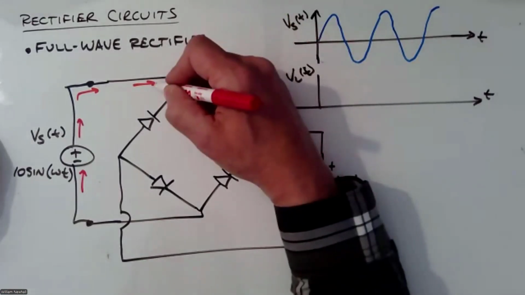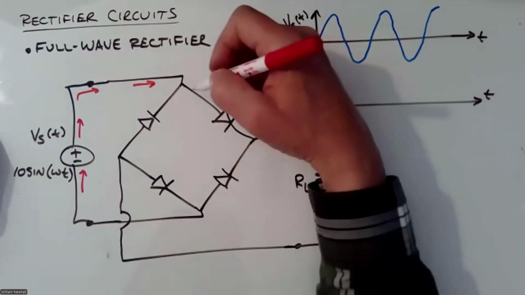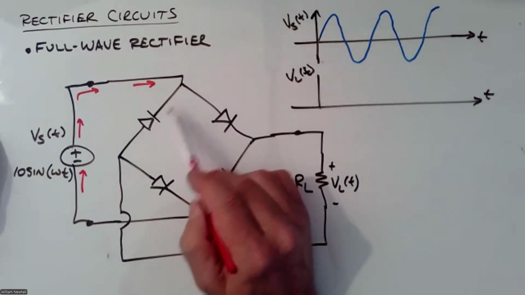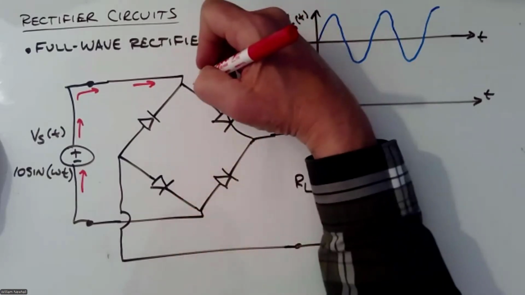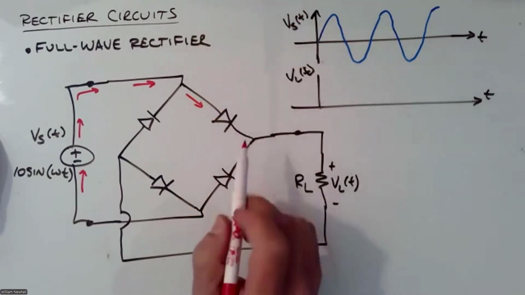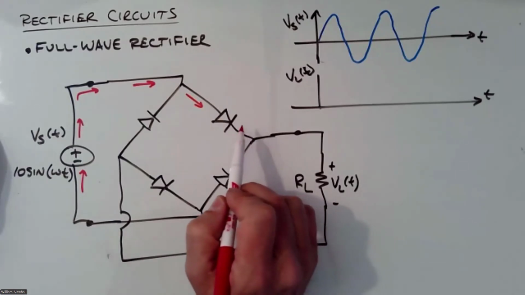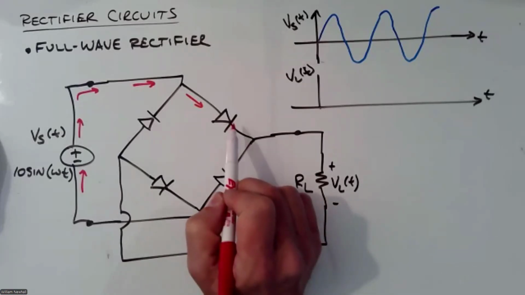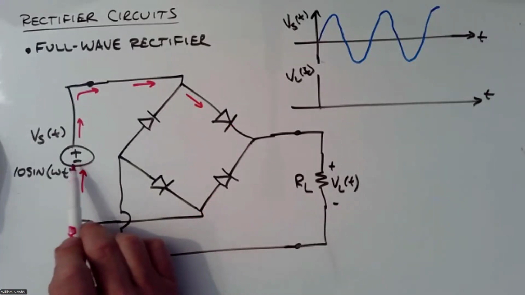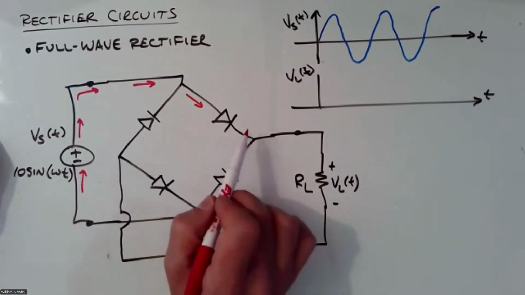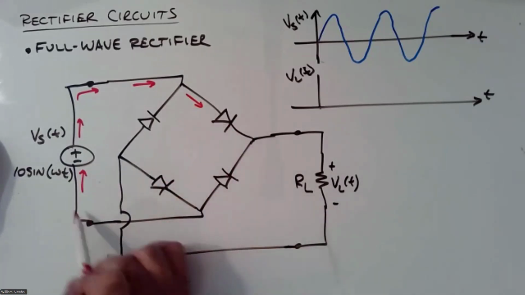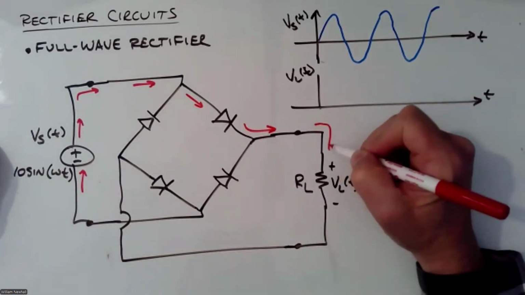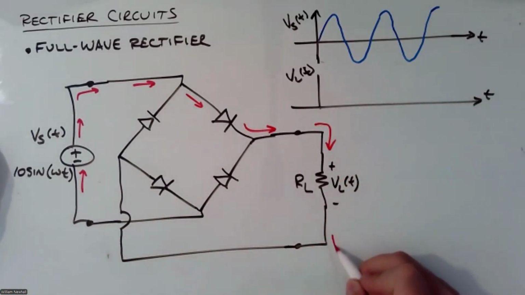Current gets to this junction here, and it cannot flow backward in the reverse direction through this diode, but it can flow forward through this diode, right? Gets to this point, it cannot flow backward through that diode. Remember, it's trying to get back to the negative side of the reference polarity of this source, right? So it cannot flow backward here, get back to the source, but it can flow this way, like that, through the load,